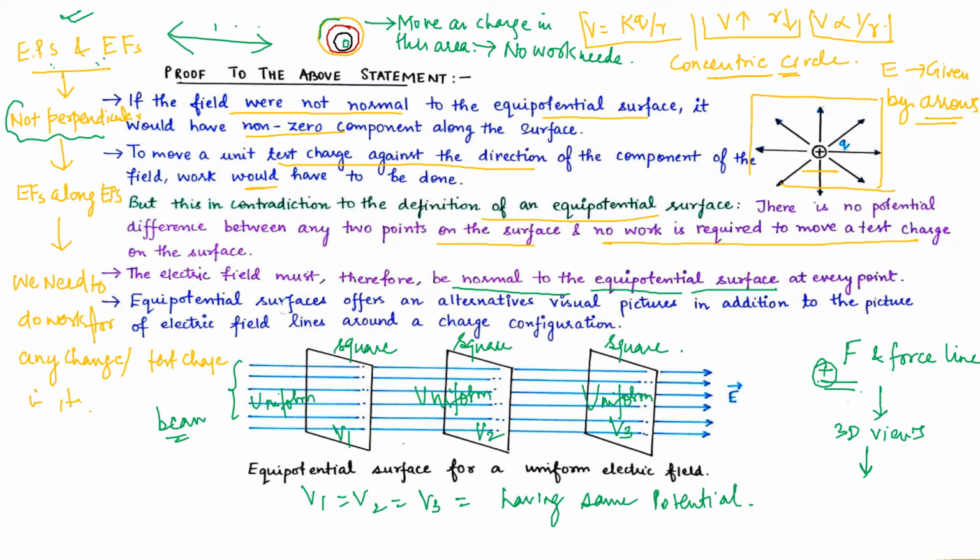Incoming is uniform, and here we can see the outgoing is also uniform. So in such case, these equipotential surfaces